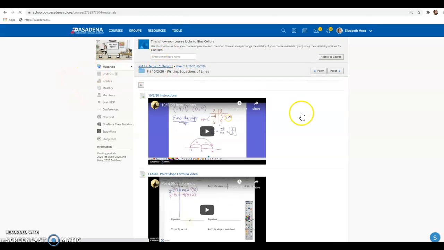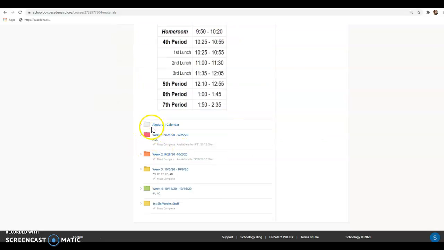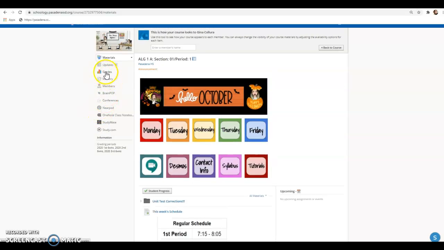But every day you're supposed to click on the button for that day. And every week I'm changing these buttons. So no, you cannot click on these buttons to go back to last week. You have to go into the calendar right here and click on those yourself, or you can go straight into grades and click on those yourself and work backwards. If you have any questions, you guys need to send me a Google chat or a message somewhere, a remind message asking for help.